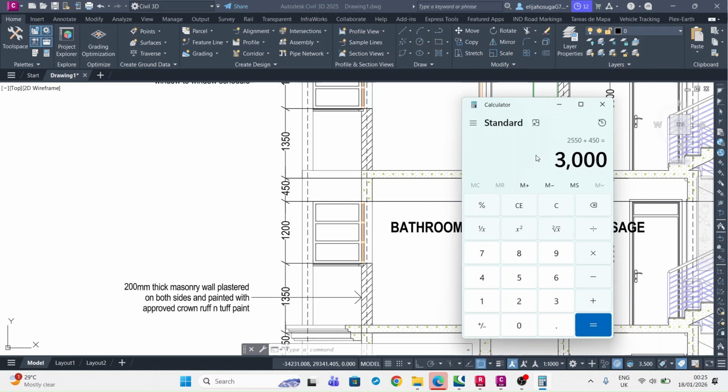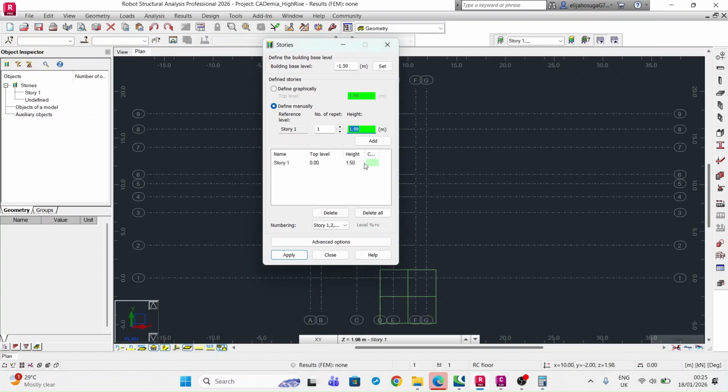This is 3000 millimeters, which is equivalent to 3 meters. So if you go back here, you just set this up to 3, and remember we counted 5 floors. So here I'm just going to do 5 repetitions, and then I apply,